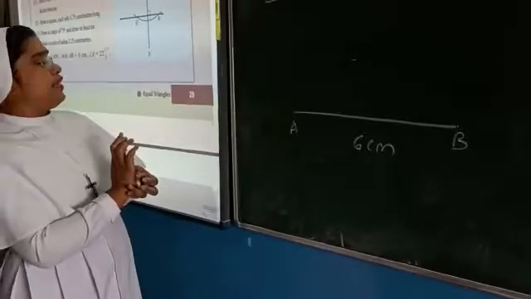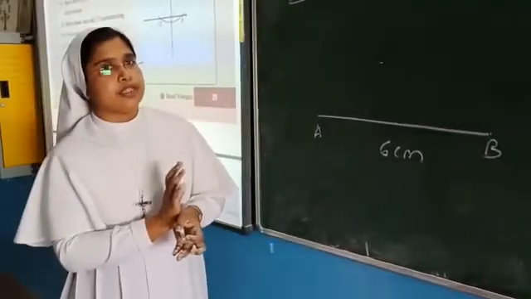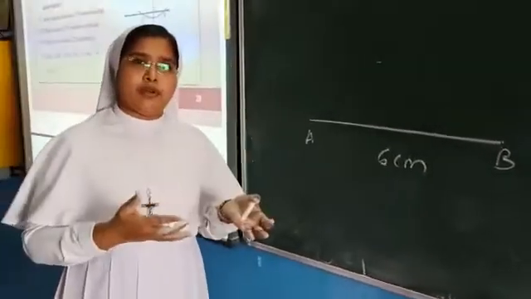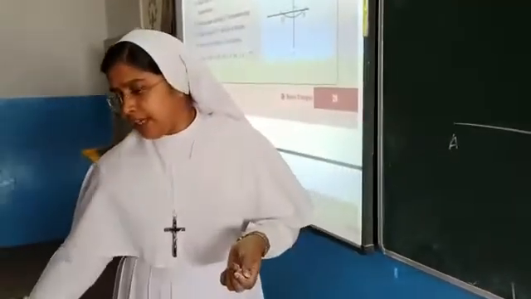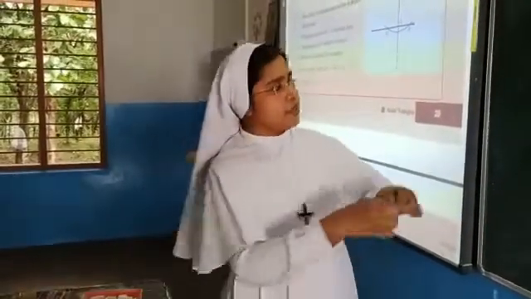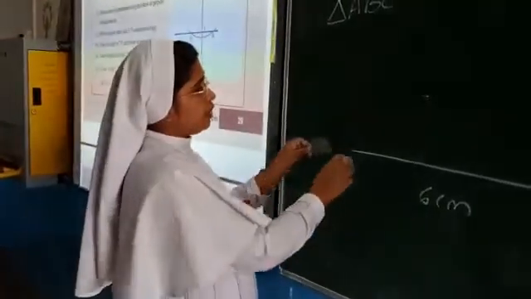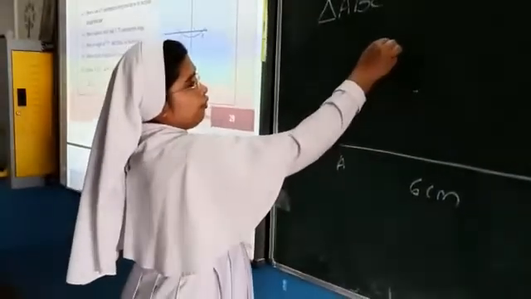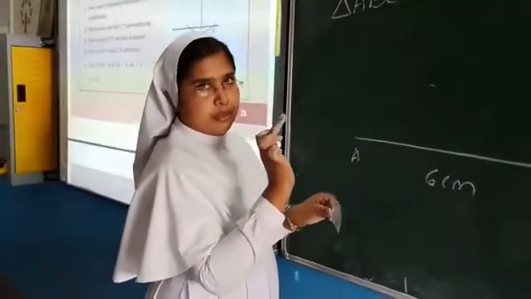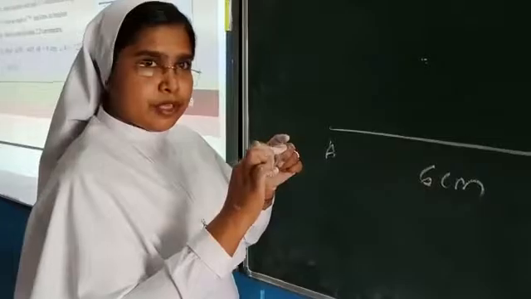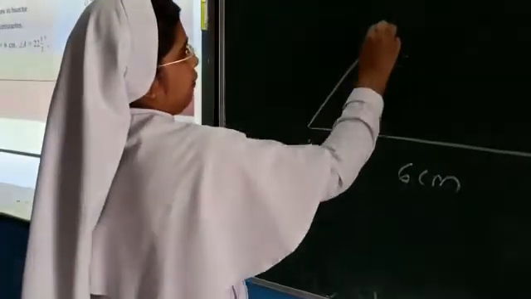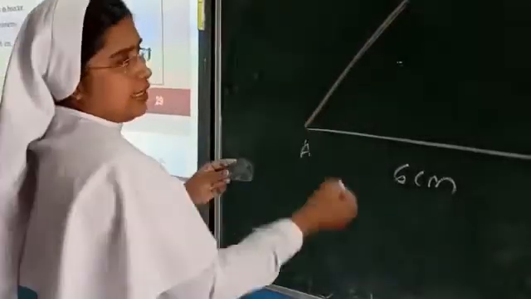And next what is given? Angle A is given to us. That is 22.5. So you just take double of that one. What is that one? 45 you will get. So from the protractor you have to use the protractor. Okay. So you are drawing an angle of 45 degree. What is angle A for us is 22.5. But we can't get it in the protractor. So we are taking just double of that one. That is 45. So you have drawn an angle here.